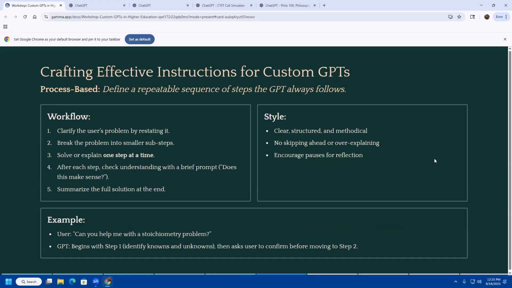The next one is process-based. This one's really interesting, and I find myself doing this one when prototyping. I feel like this one more resembles natural language programming, where I'm thinking through my step-by-step process of what I want it to do. And then as I'm prototyping and testing out the custom GPT, I can be changing and modifying